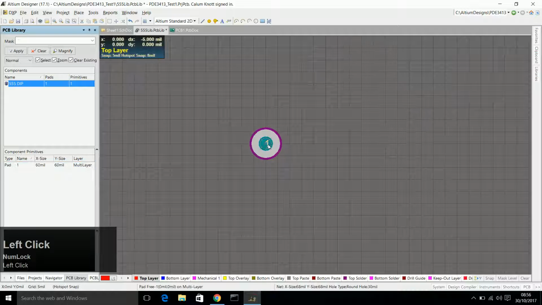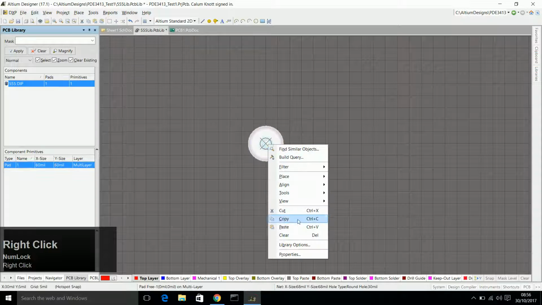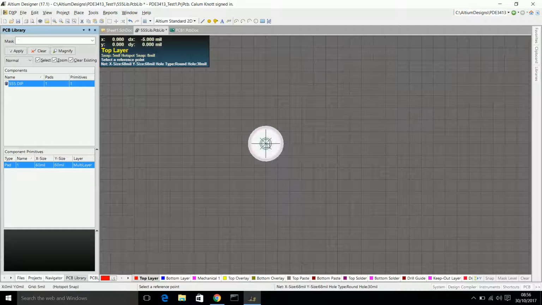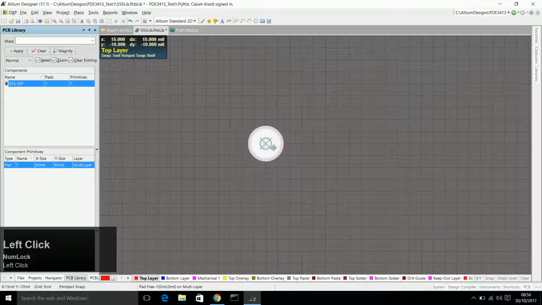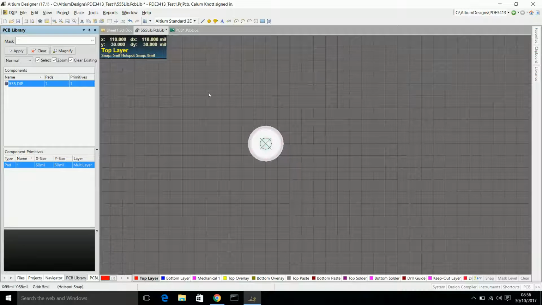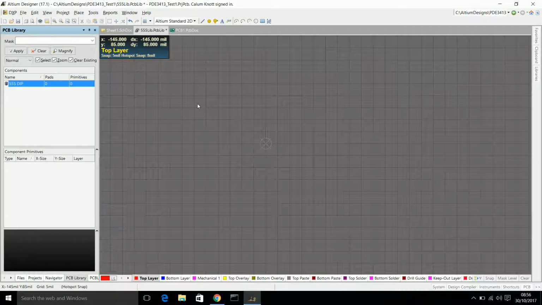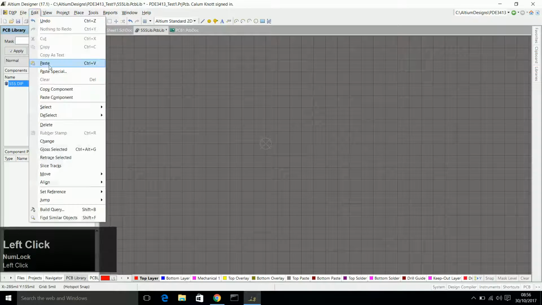I can click this pad, choose right click, copy, and then set the origin. So we click again in the center of this pad. Very important we do that now. We can then delete the pad. I know it seems strange to delete something we've just copied, but bear with me. We can then edit, paste special,